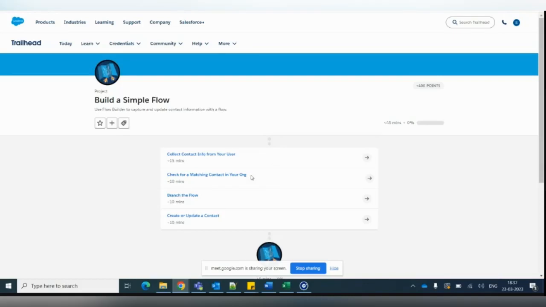So this second section is about, last session, just a recap. Using a screen flow, we were collecting information of a contact from the user and storing that contact information, and also tagging an account to that contact using a record set, a collection record set. And also we used toggling whether to update the existing contact or create a new contact based on data